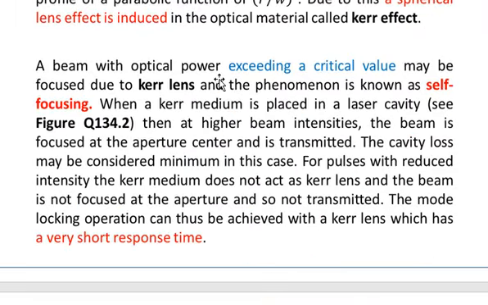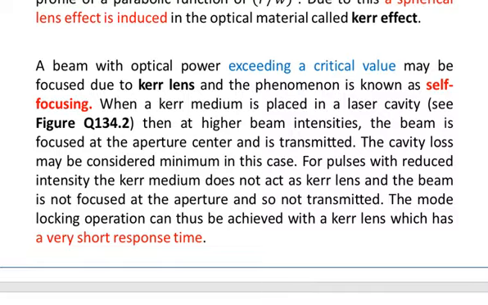A beam with the optical power exceeding a critical value. So you see that a critical value is required. The intensity of our Gaussian input beam, which is incident on the Kerr cell, should have a critical value. That is, IP, the peak intensity, must have a critical value. So a beam with optical power exceeding a critical value may be focused due to the Kerr lens, and the phenomenon is known as self-focusing. When a Kerr medium is placed in a laser cavity,